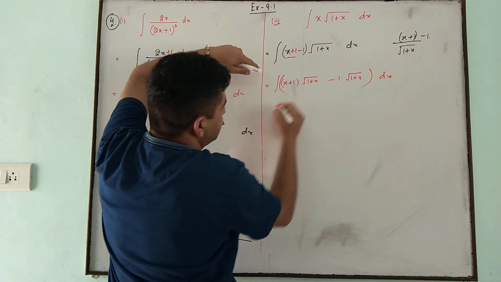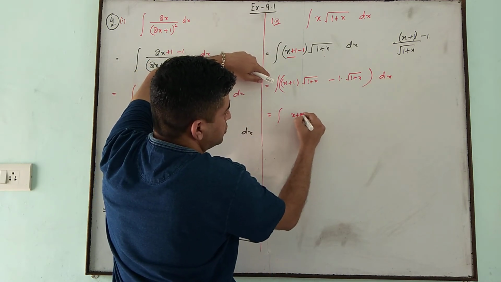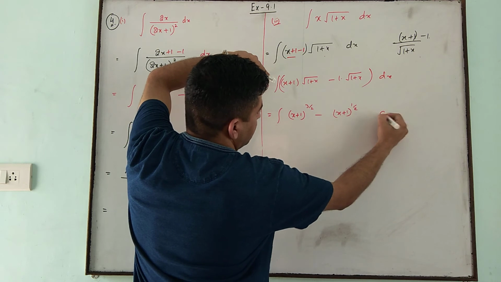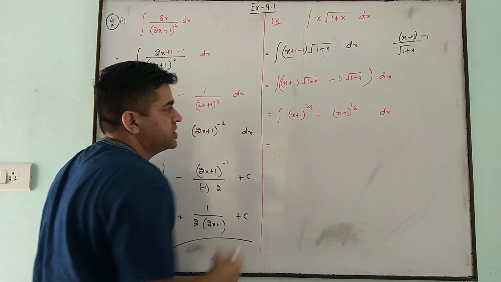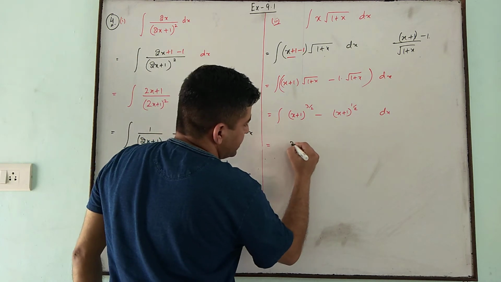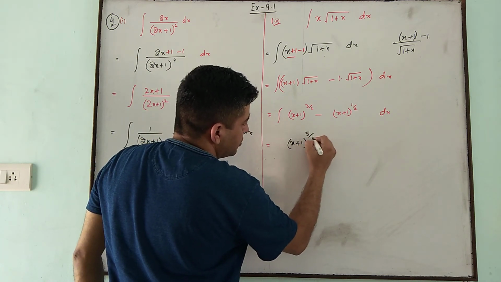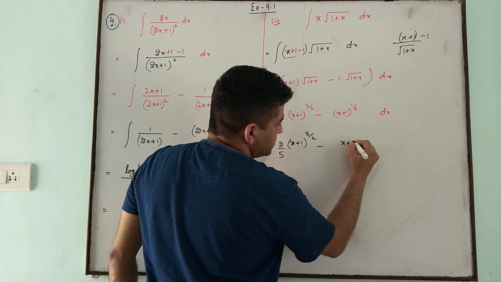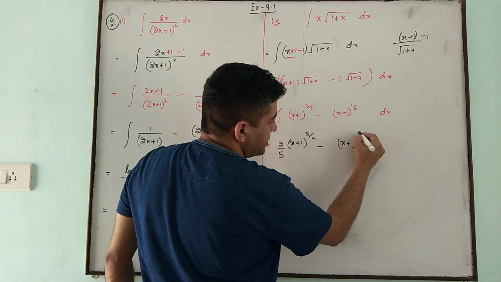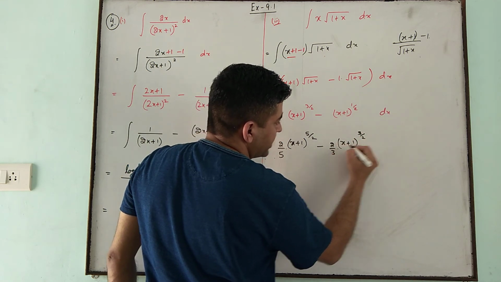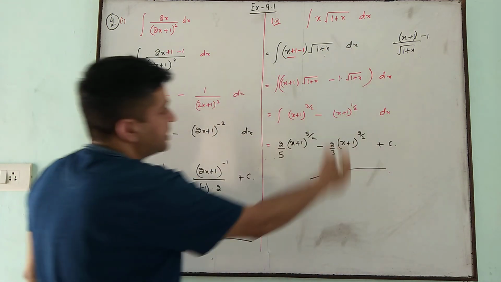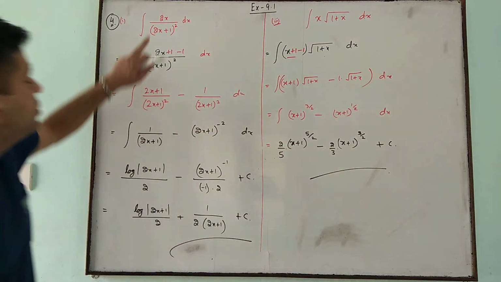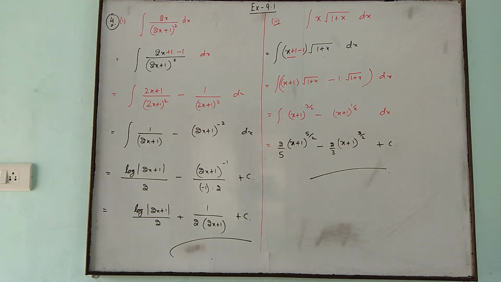Right? Then this we can write x plus 1 to the power 3 by 2, and this is x plus 1 to the power 1 by 2, and integrate. That is, as function is linear, we can integrate it. That is x plus 1 to the power 5 by 2. Here it is 5 by 2, here we can write it 2 by 5. And x plus 1 to the power 1 by 2 plus 1 is 3 by 2. So we can write it 2 by 3 plus c is the integral of this function. Right? So this is the method that make numerator and denominator same. Note it down.